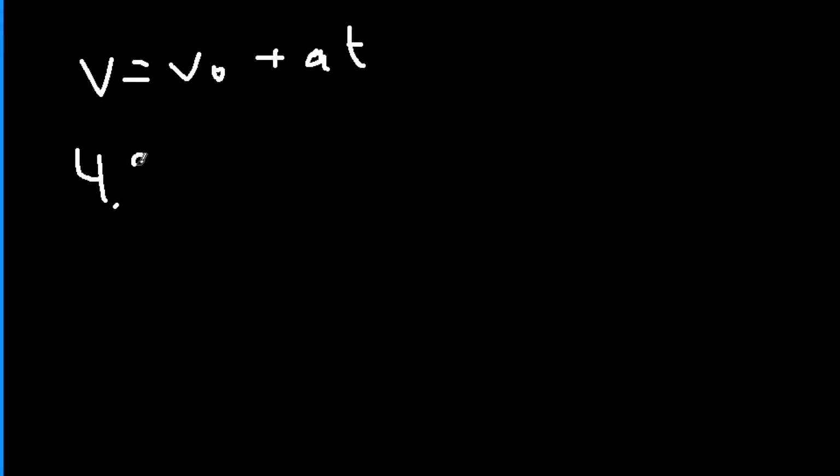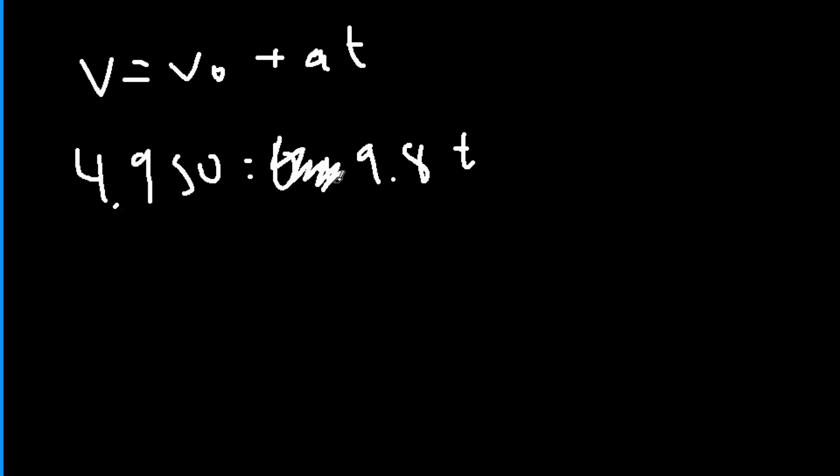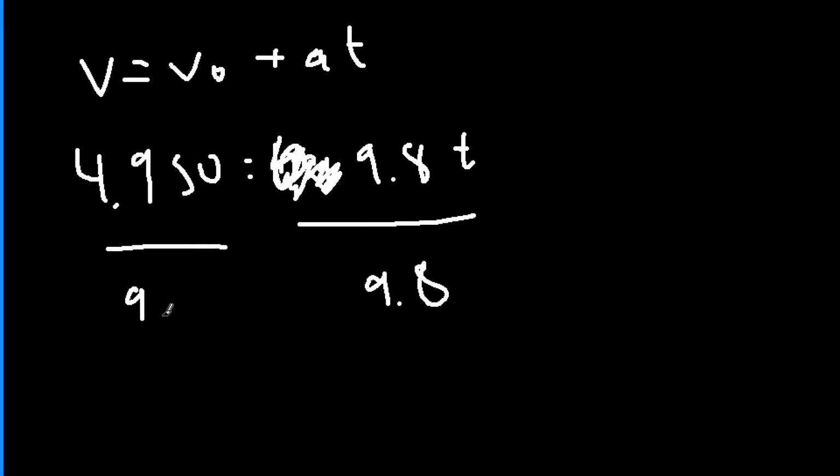So 4.950 is equal to 0 plus 9.8 t. That 0 just goes away because it's plus 0. What we can do here is divide both sides by 9.8, and we should get that t is equal to